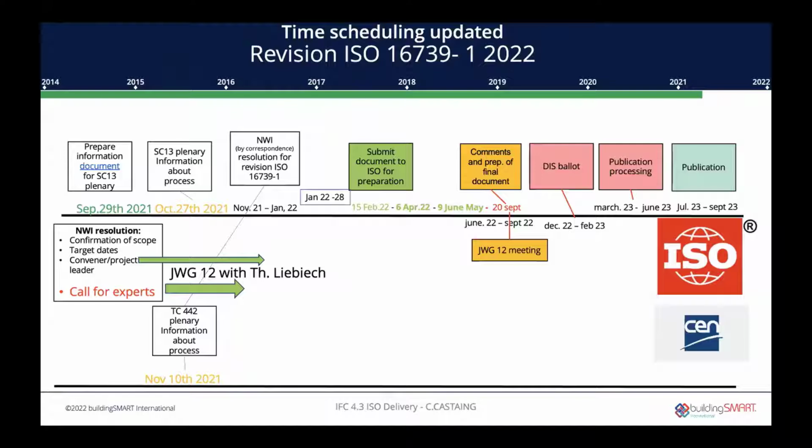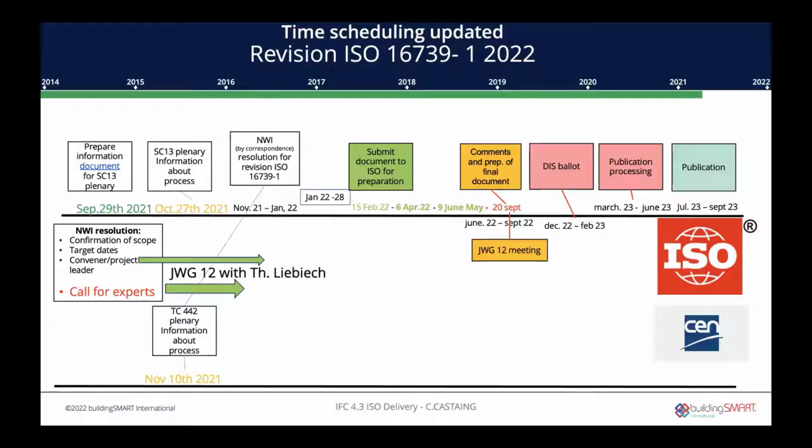This will continue during December and February 2023, with the process of approval from March 2023 to June 2023, and publication in July 2023. That means the target is to have the ISO standard adopted in mid-2023, which is